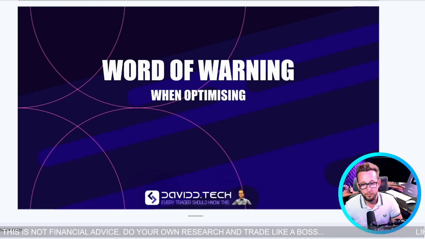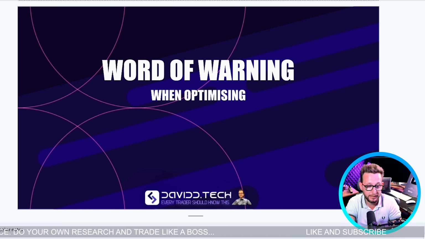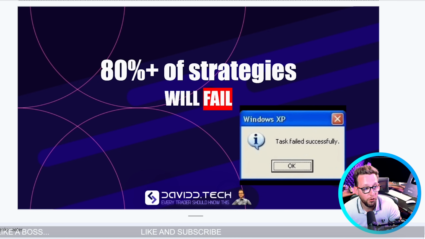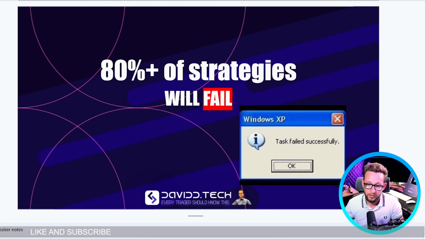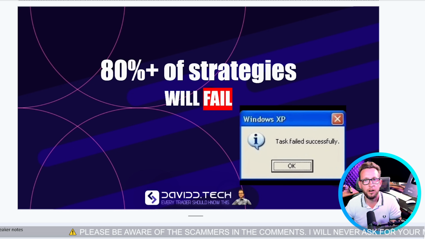I have a couple of words of warning when deep backtesting or backtesting in general. 80% of your strategies will absolutely fail no matter whether the backtest looks great or not. So please don't be disheartened by it. It's just the way it is. You will over optimize. You will get strategies that have look ahead bias in them without even realizing, or repainting without really even realizing. You will get a lot that will fail just because they no longer are adapted to